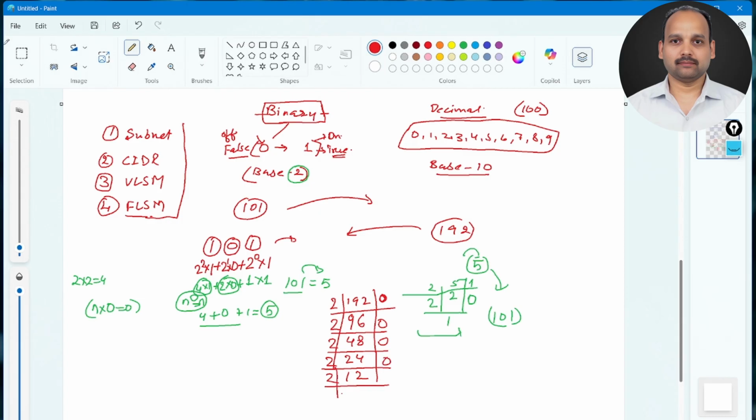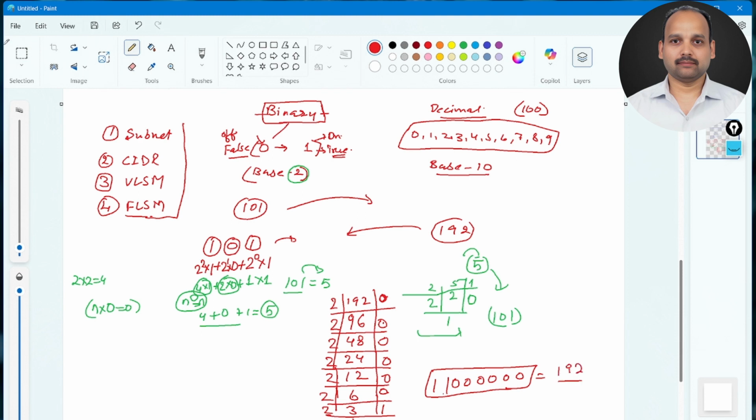2 sixes are 12, and the remainder will be 0. 2 threes are 6, remainder will be 0. 2 ones are 2, and remainder will be 1. So I need to write from bottom to top. So if you see 1 1 and then 6 zeros, I need to put 6 zeros, and that is the binary value of